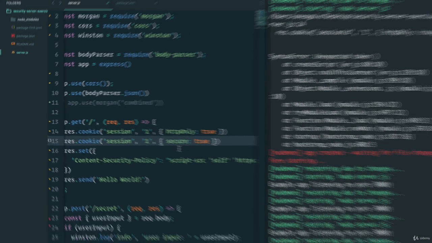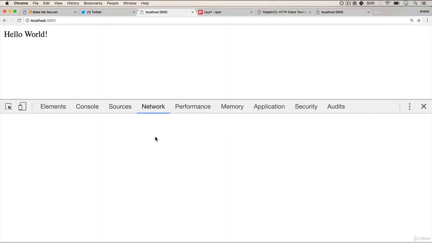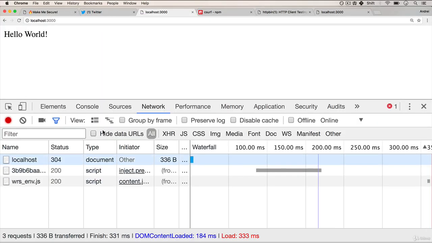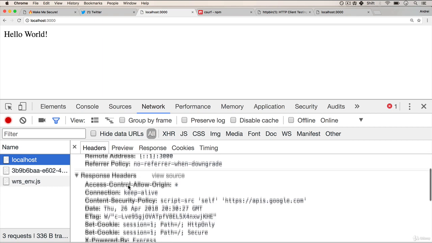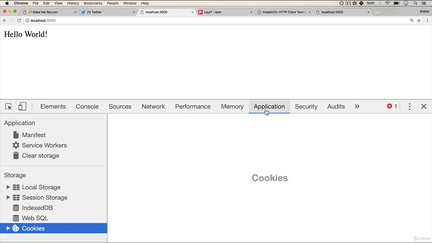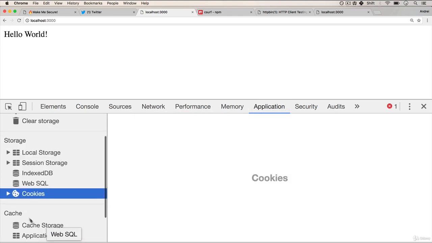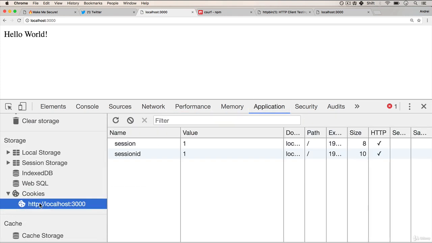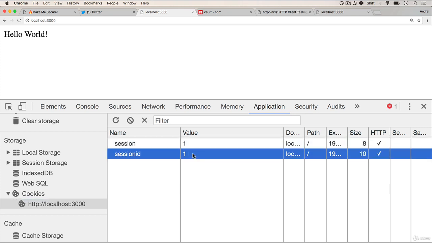Let's save and go back here, open up the tab. If we refresh, we have set cookie. Look at that. We have HTTP only. We have secure. And the cool part is, if we go to application and cookies,